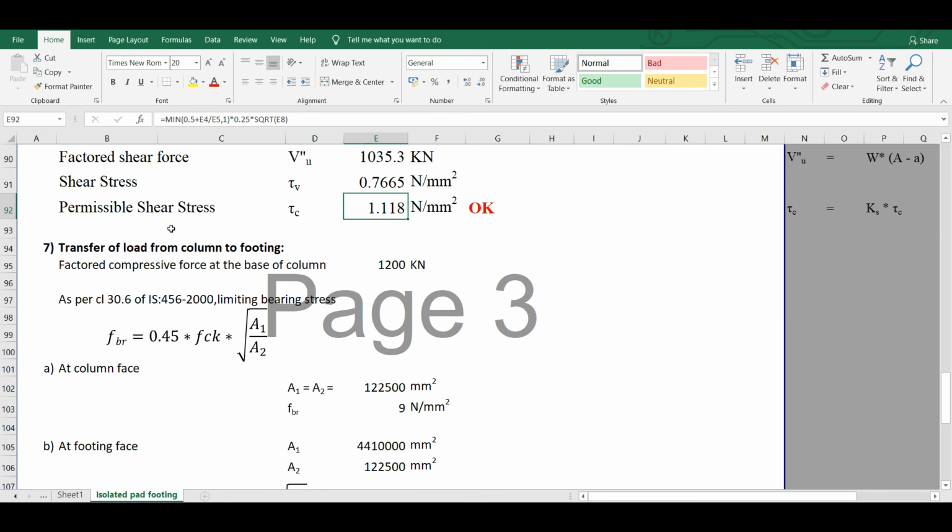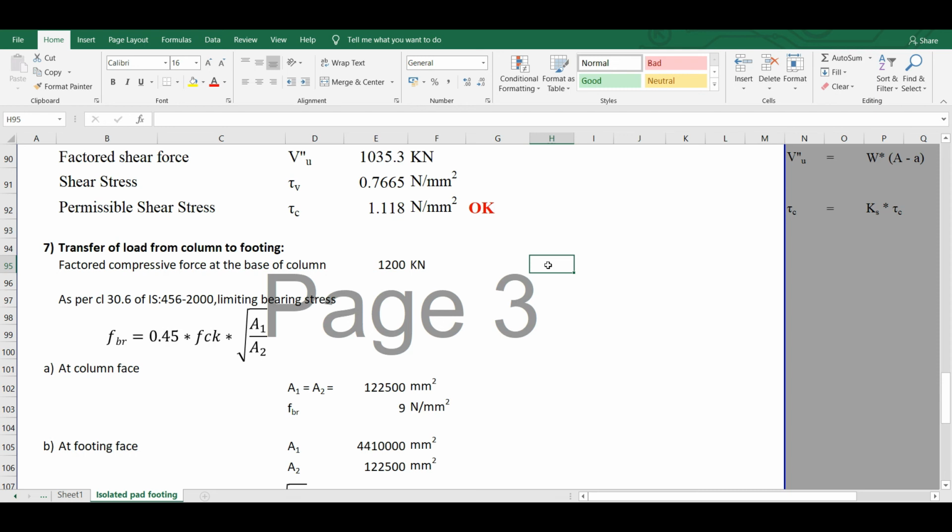Now the next step is the transfer of load from the column to the footing. Whatever load is coming on the column, we need to safely transfer it to the footing. The load will be transferred to the footing with the help of bearing stresses, that is, compressive stresses. We should check that the foundation and the column are able to take the